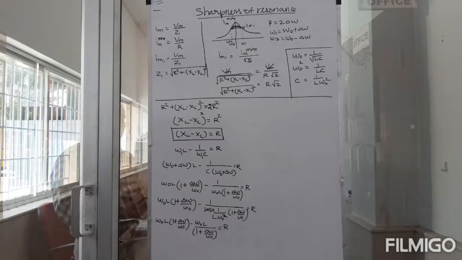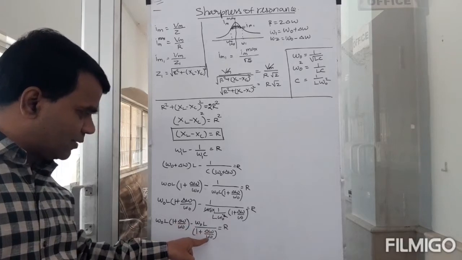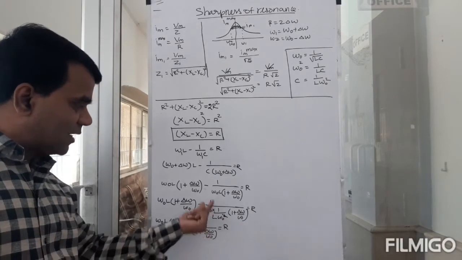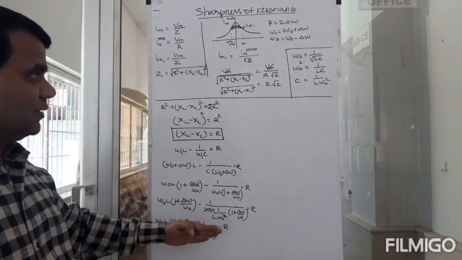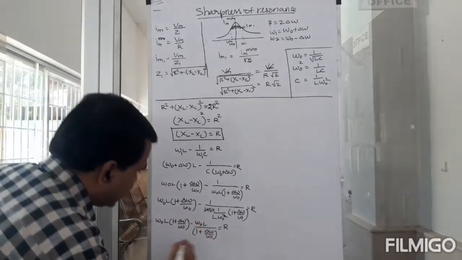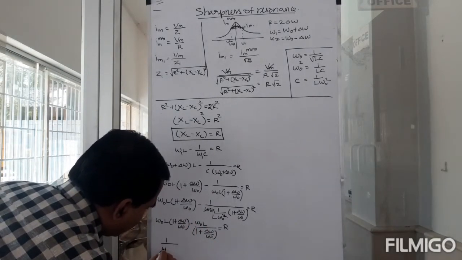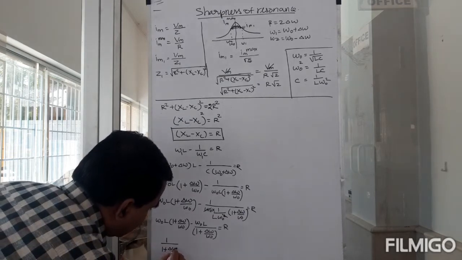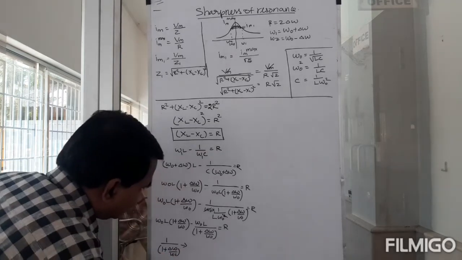Okay, so look at this. This is 1 by 1 plus delta omega by omega naught. Can I bring it up? Can I take it up? If I take this up, then I can use a particular formula. So you see, 1 by 1 plus delta omega by omega naught can be written as